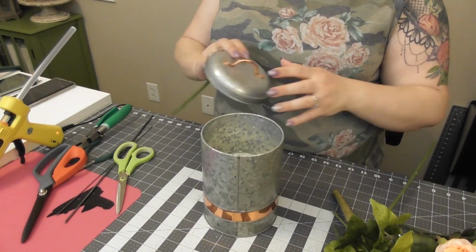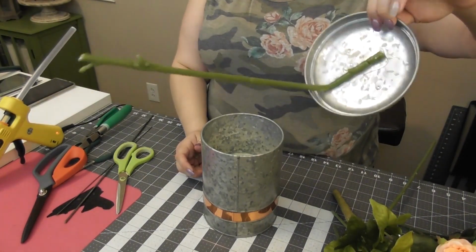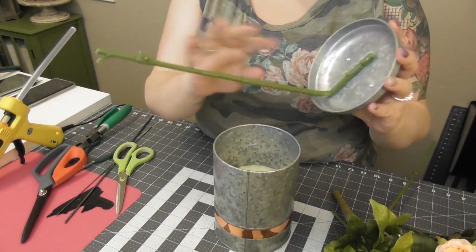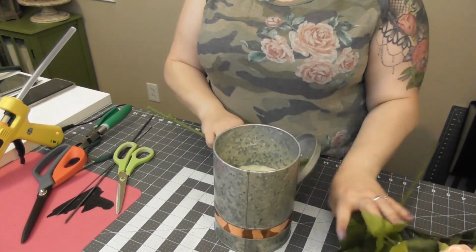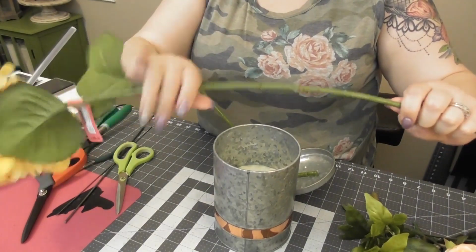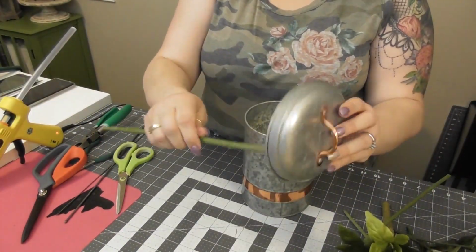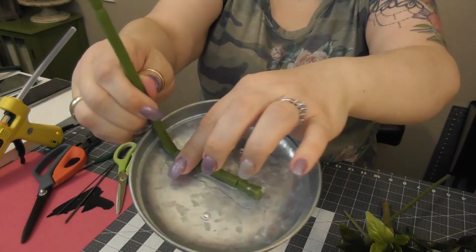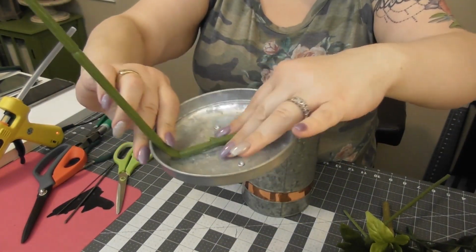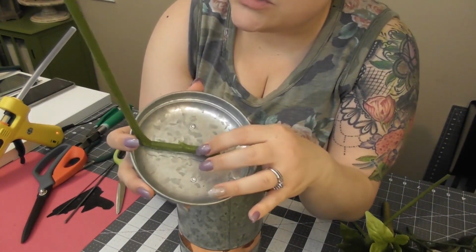So what I'm going to show you guys is how I am going to rig this to fit into our piece. So this is an actual piece of a stem. All those pieces that you cut off, like these hydrangea here, you have these long stems, save them. Maybe not all of them, but save enough of them. So this piece here, what I did was I bent it in enough of a fashion so it'll curve along with the edge of this. And I had to get a little creative with getting this attached in here. What I needed to do was